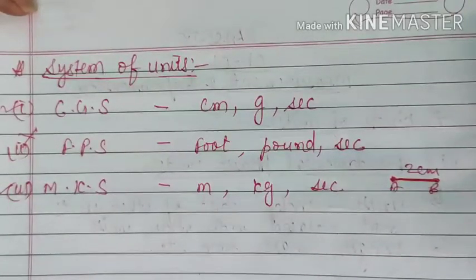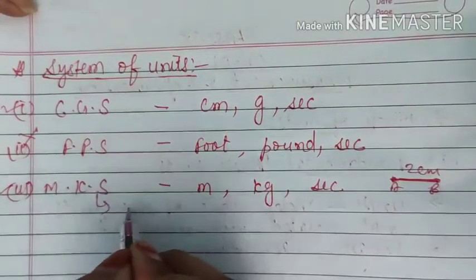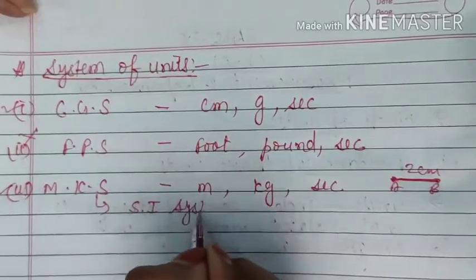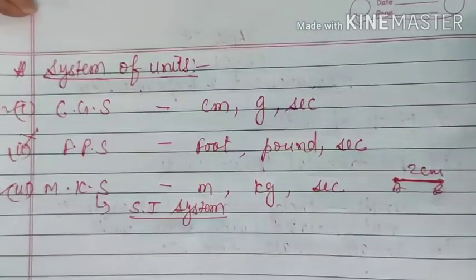Obviously you will not fill a bucket full of water and you will not put in 2 or 3 kilograms of salt in it to make the solution, because what will you do with that much solution? You have to just carry out an experiment, na? So for that you will need sufficient, means a small quantity. So generally CGS is used in chemistry, you will get it mainly in chemistry, and in our physics we mainly work with the MKS system, which is now modified as the SI system of units, international system of units. That means we have done some modification in the MKS system and given a new name, that is the SI system. In physics we work mainly in the SI system.